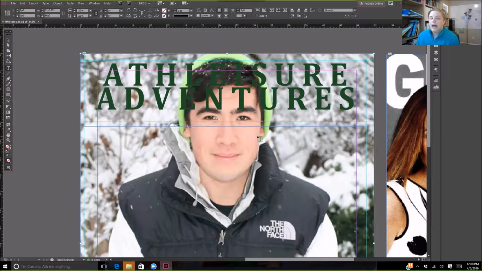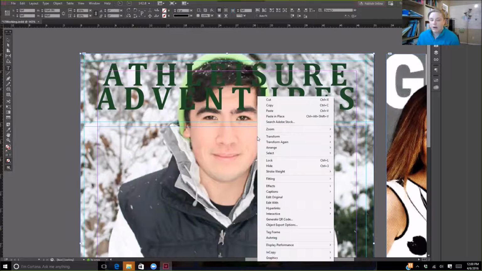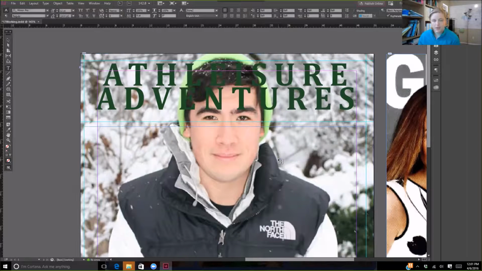With the image active, we're going to right-click on it, so anywhere on the image, and then we're going to choose Lock. What this does is it makes it so that you have a layer, so to speak, of elements on your page that you will be adding to, but that won't be affected by any future changes